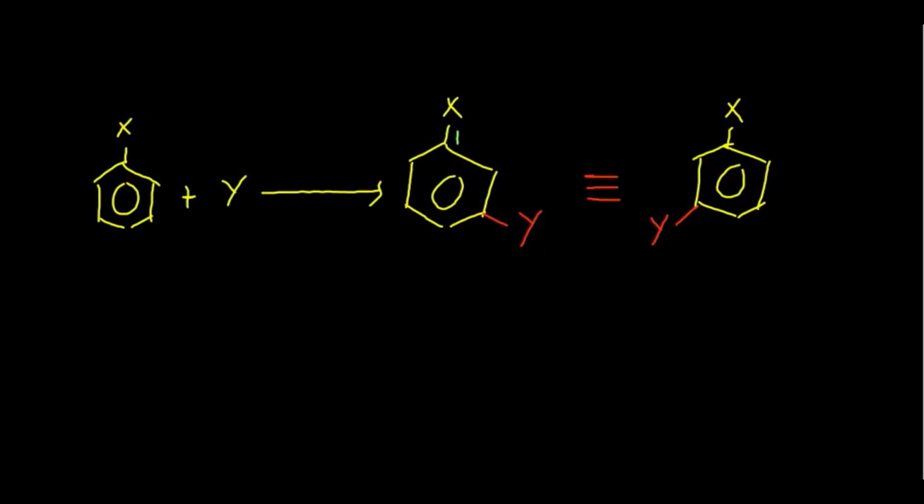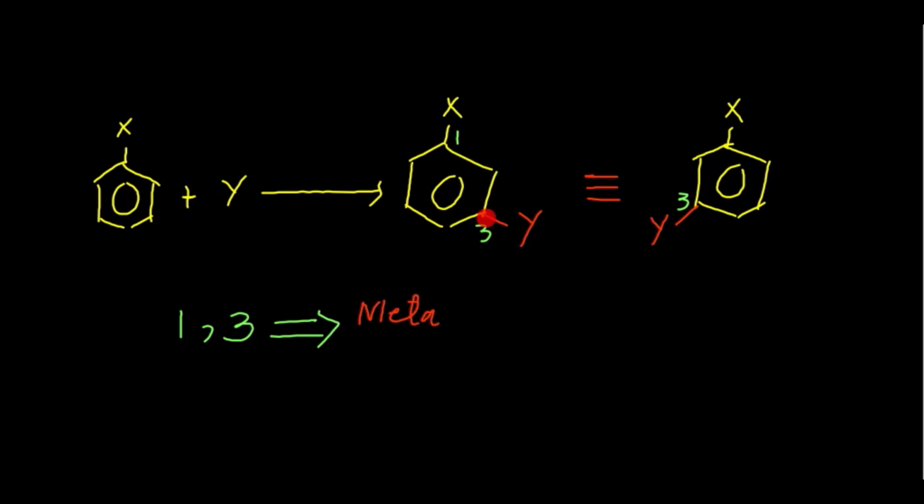1, 2, 3. ठीक है ना. We do the numbering like this, 1, 2, 3 और 1, 2, 3. ठीक है. Position X and Y, they are present at position 1 and 3. ठीक है. So position 1 and 3, these positions they are known as meta positions. इन position को हम क्या कहेंगे? These positions are meta positions, right? Meta. They are meta positions.